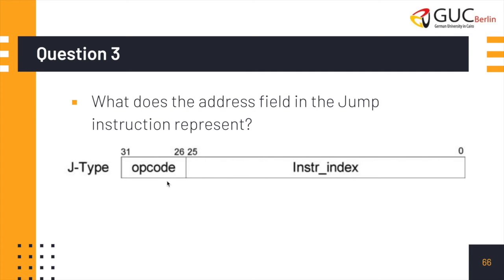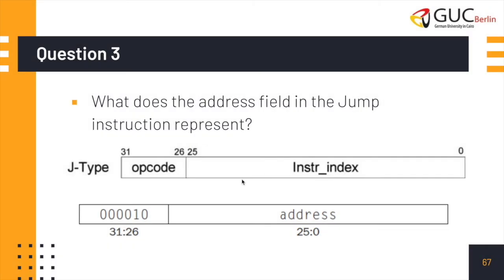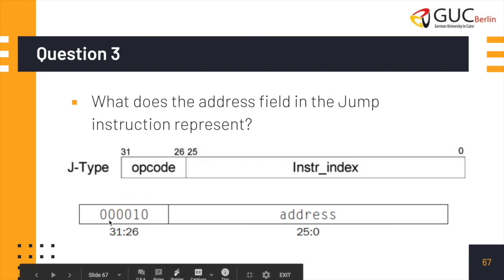We have the opcode field, bits from 26 to 31, which means it's 6 bits as usual. And we have another field, which is the address field, which consists of bits from 0 to 26. And in the question, we are asking, what does the address field represent? If we break down the jump instruction more, we will find out that the jump instruction opcode is